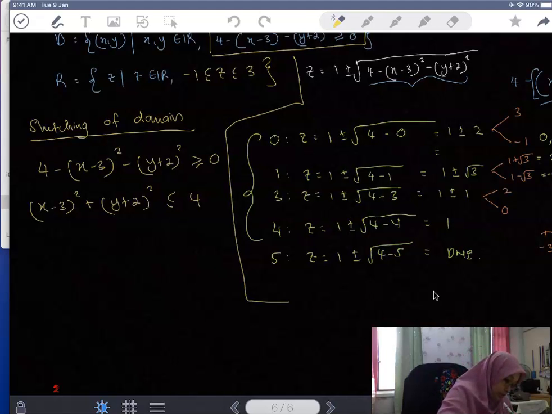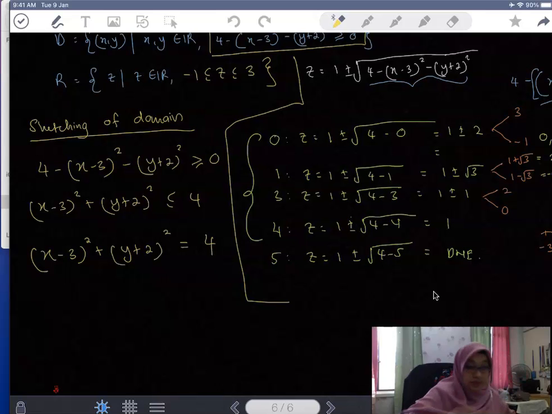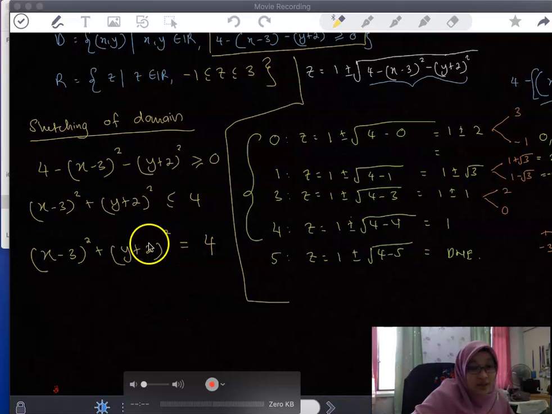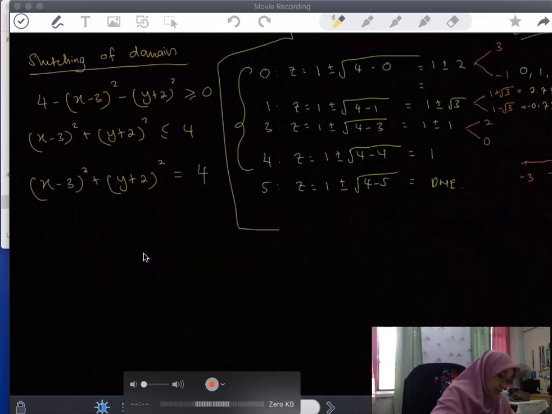So it looks like we have to consider the equation. Instead of the inequality, we have to put the equal sign first. So what is this? This is a circle, right? Circle equation, radius 2, and the center is at (3, -2). So when you sketch that,